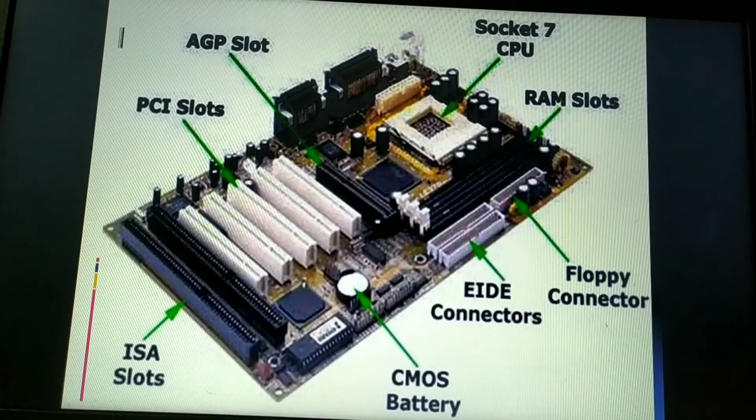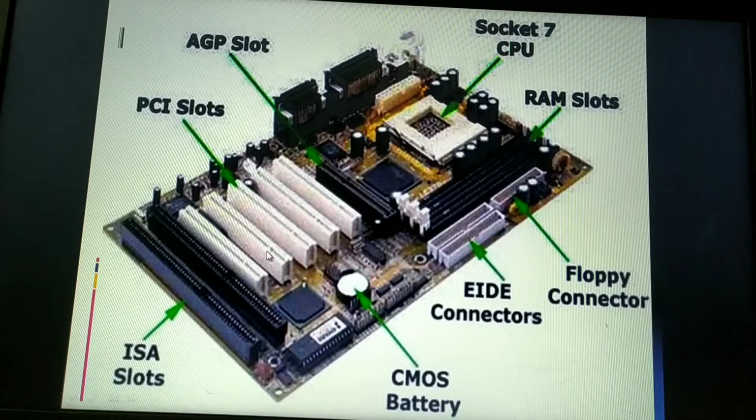Why are they called expansion slots? Because they allow us to expand the capabilities of the computer. All these expansion slots serve the purpose of adding certain extra functionality to the computer. These expansion slots are located on the motherboard.